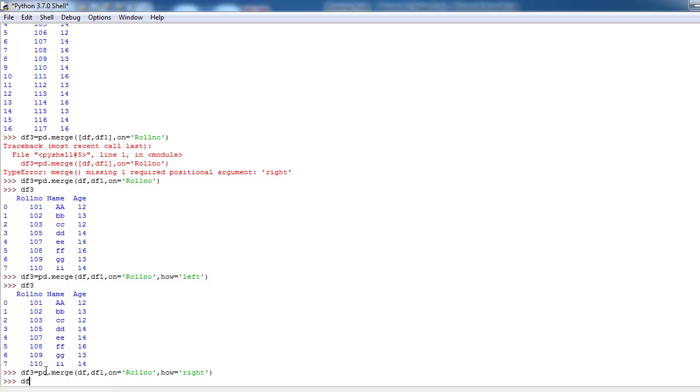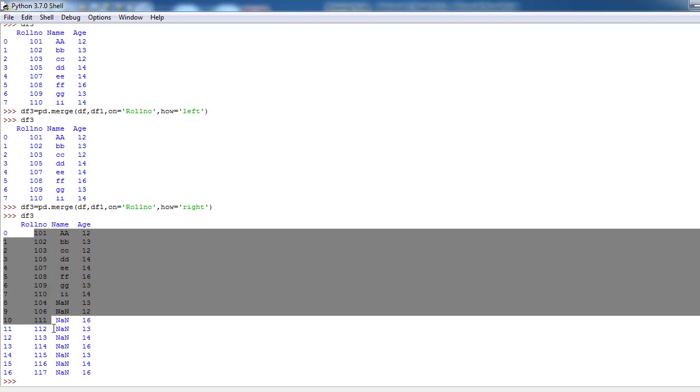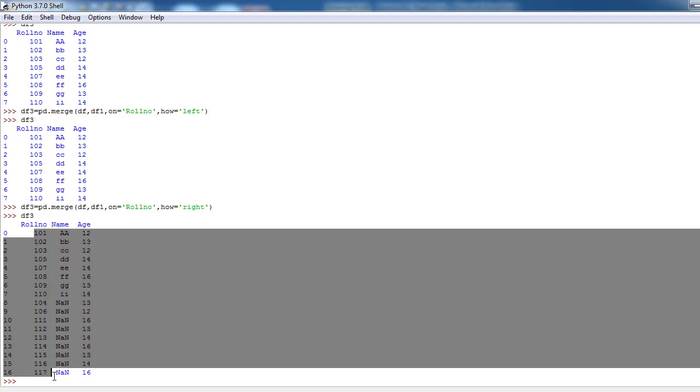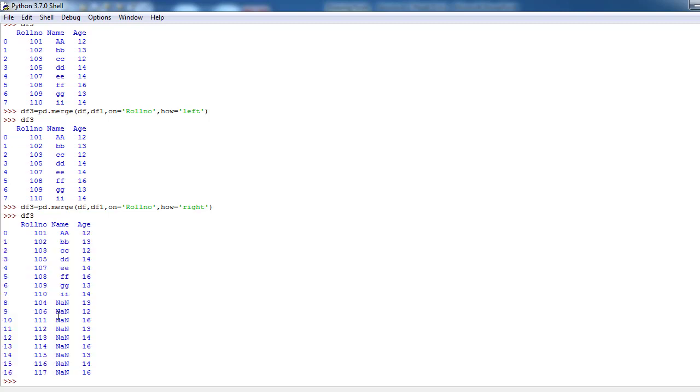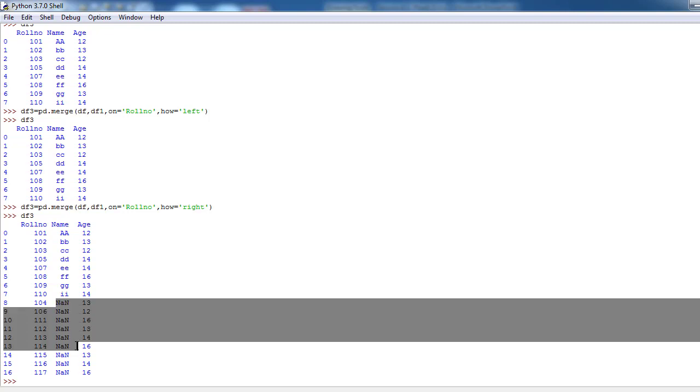Now I'm just trying to display tf3. Yes, here all the rows from tf1 are displayed with none values. The none values refer to no value being specified in tf, that is the left table.